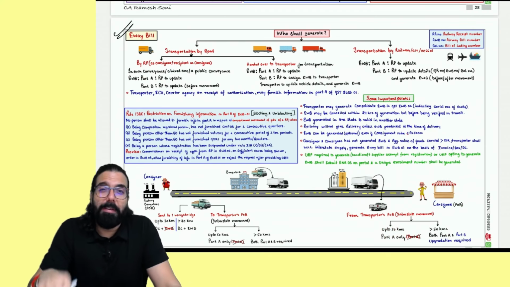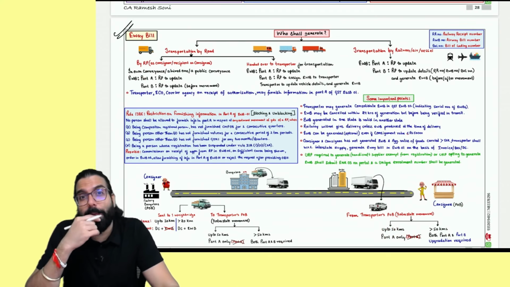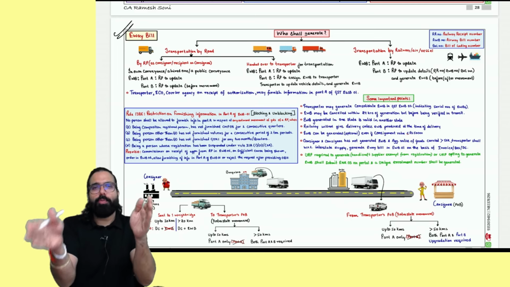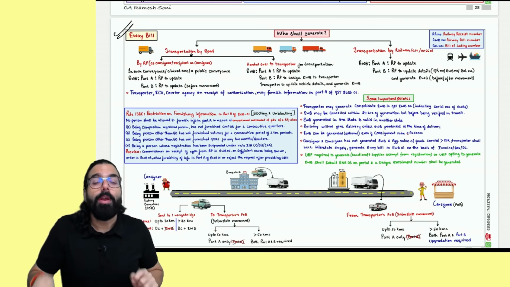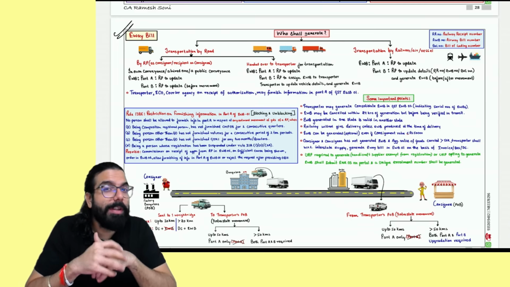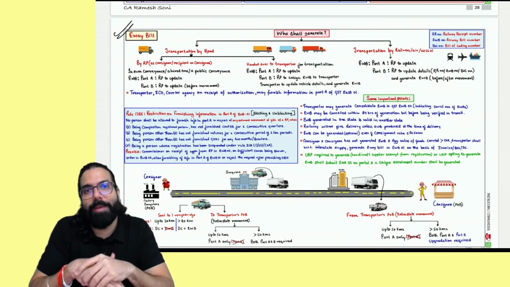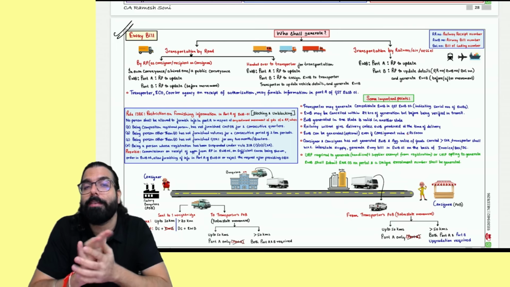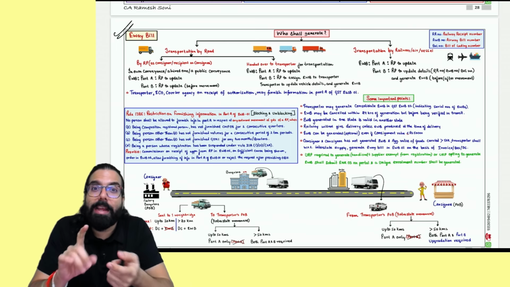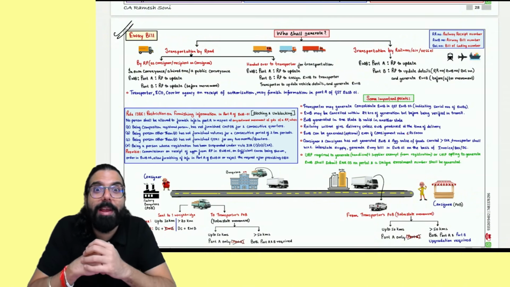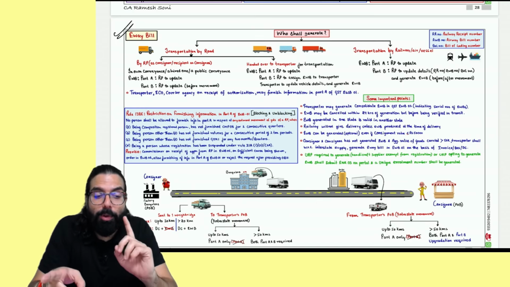Sir, I am unregistered, but I want to raise an e-way bill. Or, sir, you remember handicraft suppliers who are transporting goods from one state to another state, irrespective of their turnover, irrespective of their consignment value, they had to mandatorily raise the e-way bill. Yes, sir. Handicraft suppliers who are unregistered are exempted from compulsory registration, but not exempted from e-way bill.